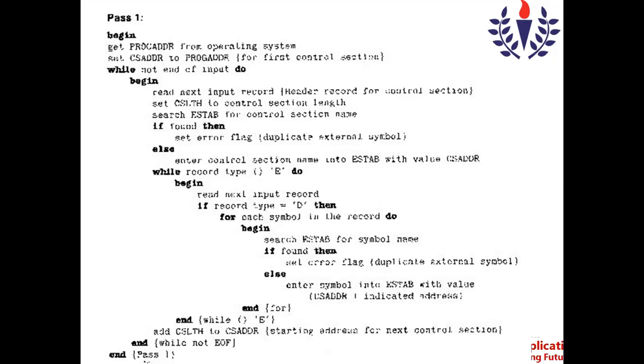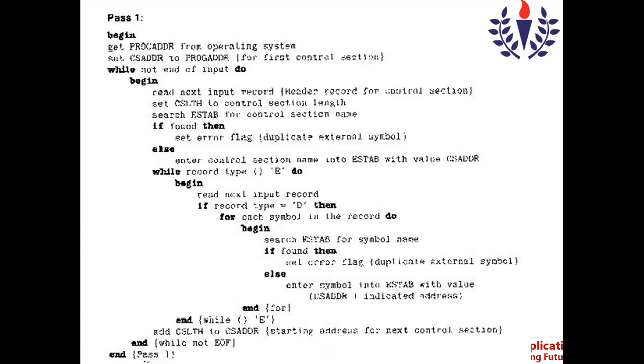So now program A's load address is CSADDR. That is actually the control section address. So when you enter the control section name into the ESTAB with the CSADDR value, that is how the entry is made in the ESTAB for the control section name.